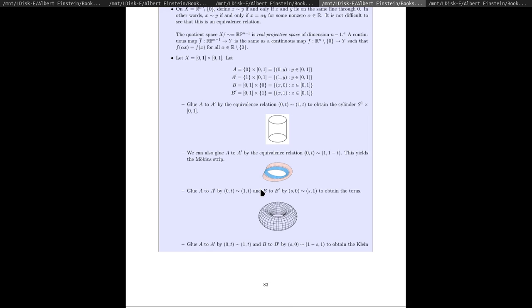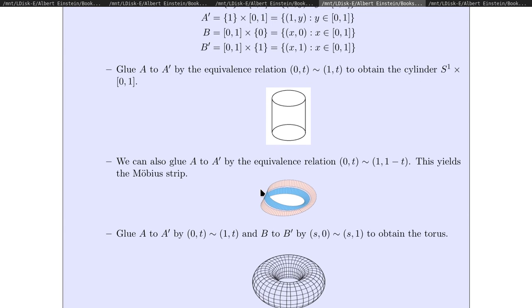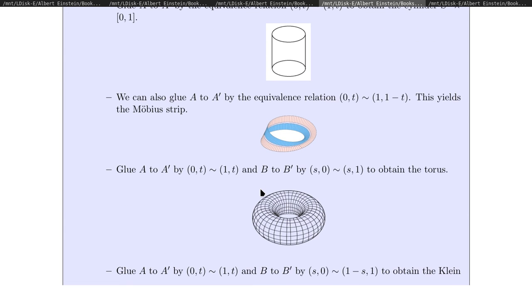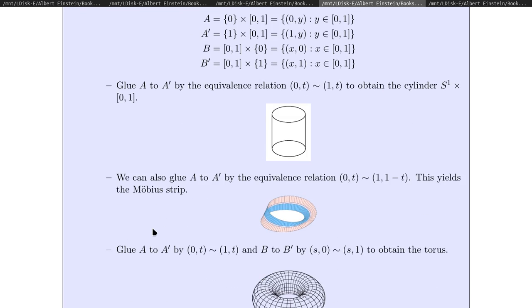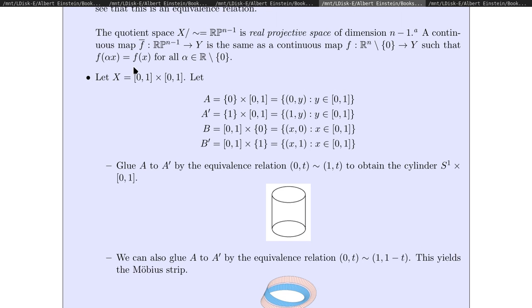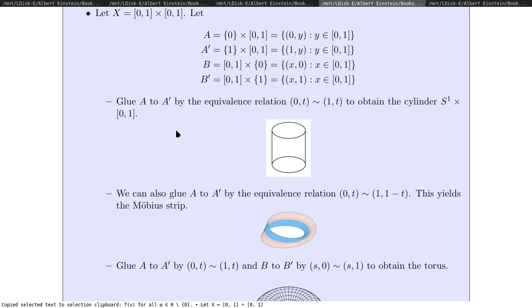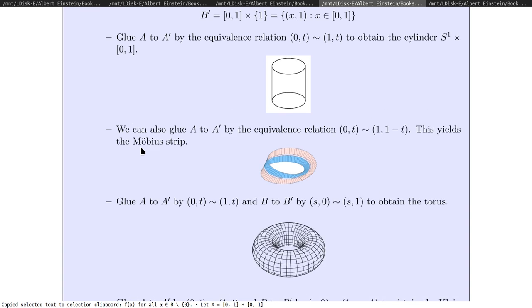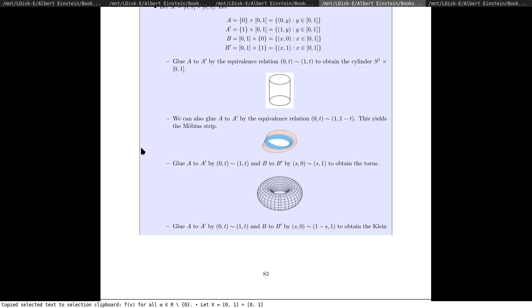Okay, so we'll see this Mobius band as the last thing, and then we'll end today's session. The Mobius band is also obtained from having some kind of equivalence relation on the Cartesian product of the unit interval. I think I'll post this, but this part of the course is